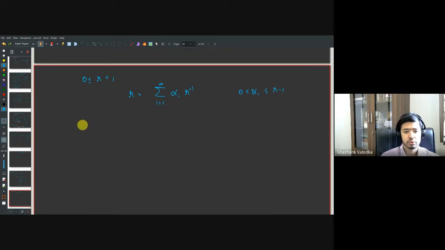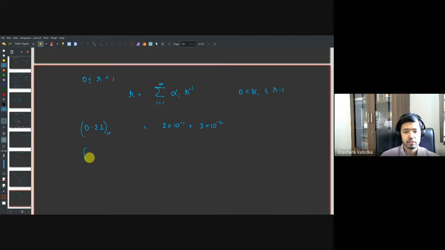Let's take an example. So suppose I have 0.23, right? I can write 0.23 in base 10. This would just be 2 into 10 to the minus 1 plus 3 into 10 to the minus 2, right? So that is what I write as 0.23, and I'll explicitly write this within brackets as base 10. Okay, so when I write 0.23 in base 10, it is 2 into 10 to the minus 1 plus 3 into 10 to the minus 2,